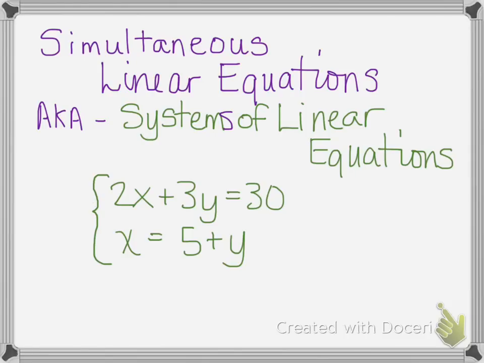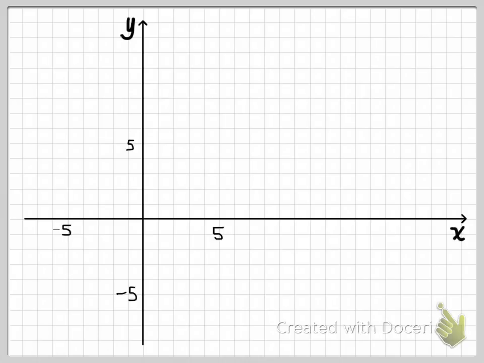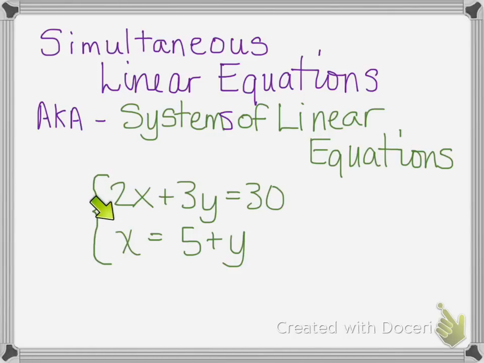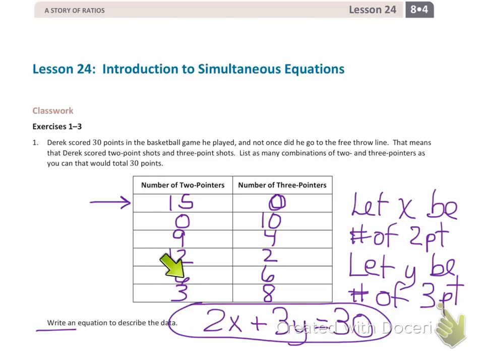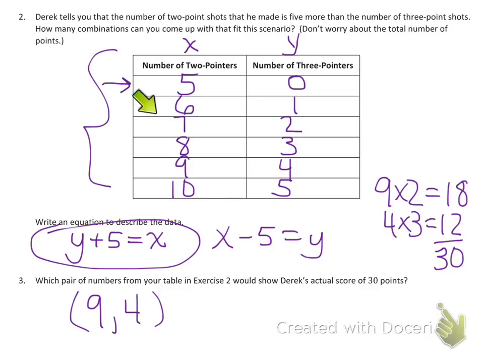So what I want you to do is get a piece of graph paper and see if you can graph both of these equations right here on one coordinate grid. And just make sure you label them by which line you're plotting. It shouldn't be too hard to do this because you have data points already. So these are data points for y plus 5 equals x, and right here these are data points for 2x plus 3y equals 30. So if you just plot a couple of these points and connect the line, and then a couple of these points, whichever ones you choose, and connect the line,